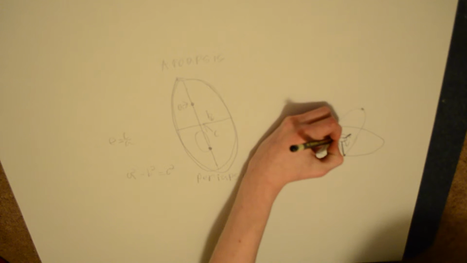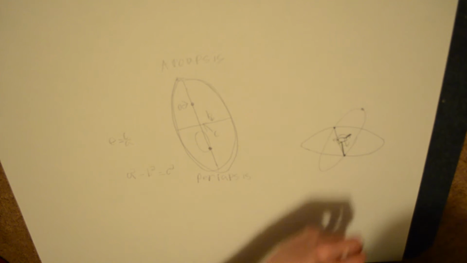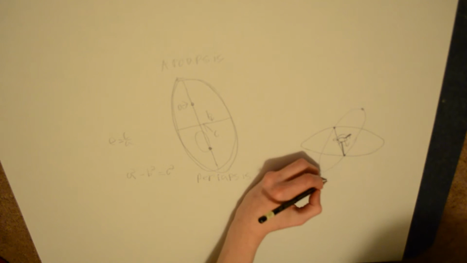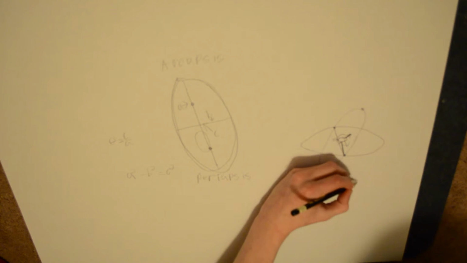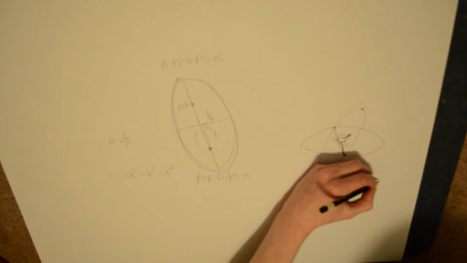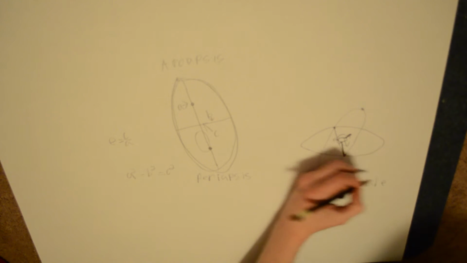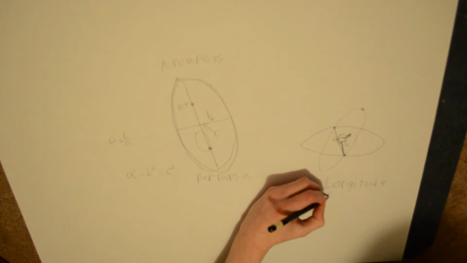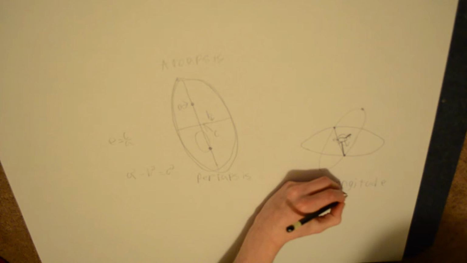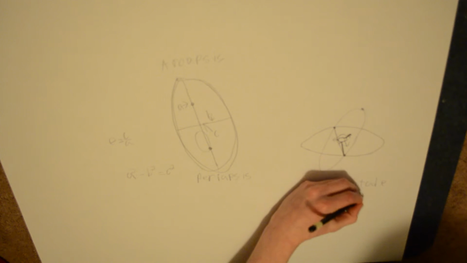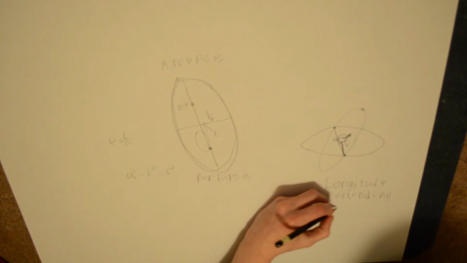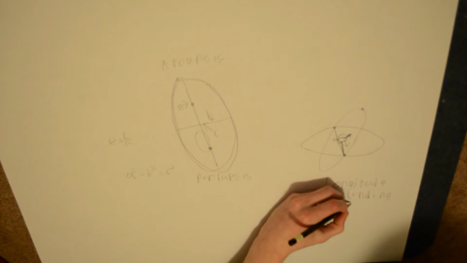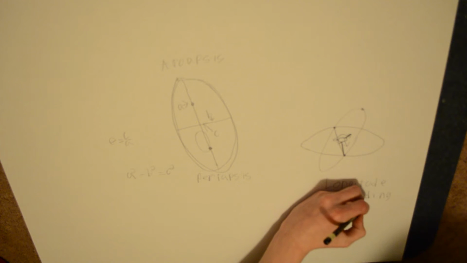So if you go around here, that angle is the longitude of ascending node, which is denoted omega,